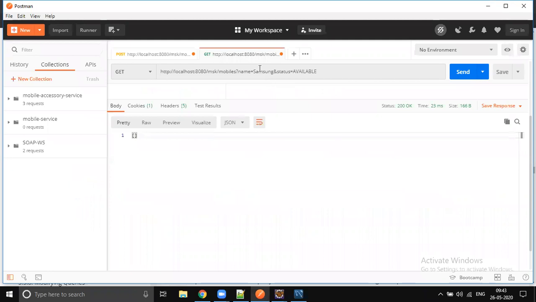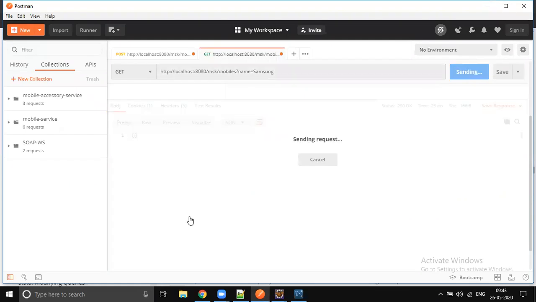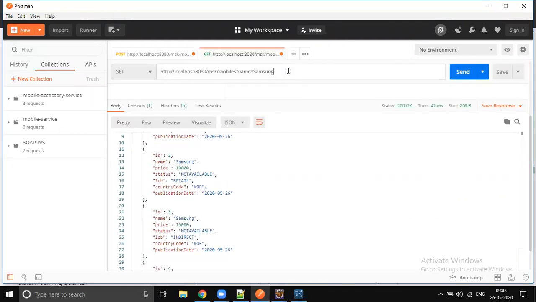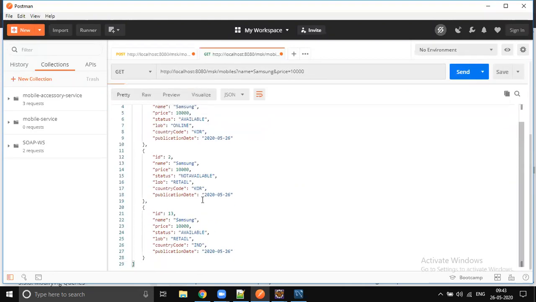Let's do one filter and check just name. I think there is some problem with the enum. Let's check that out. It's working fine. Let's check with the price. Price equals 10,000. Good, Samsung 10,000 is coming.